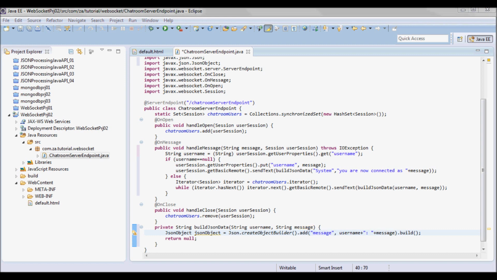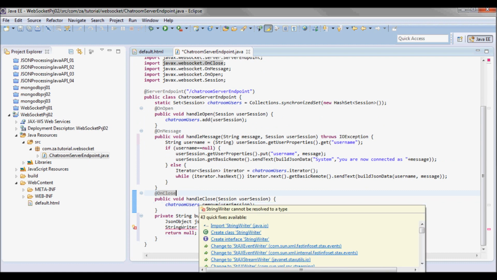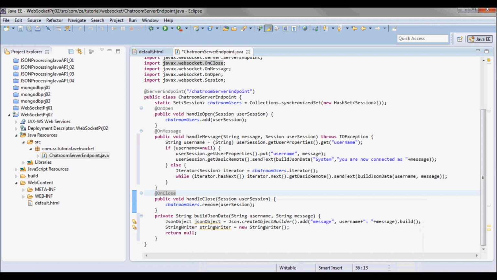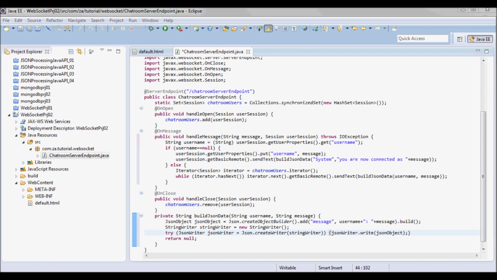So I'm gonna end up with a JSON object, and I'm gonna instantiate a string writer, and this is gonna contain the generated JSON. So I'm gonna return the string that's contained in that string writer, the string writer dot toString.